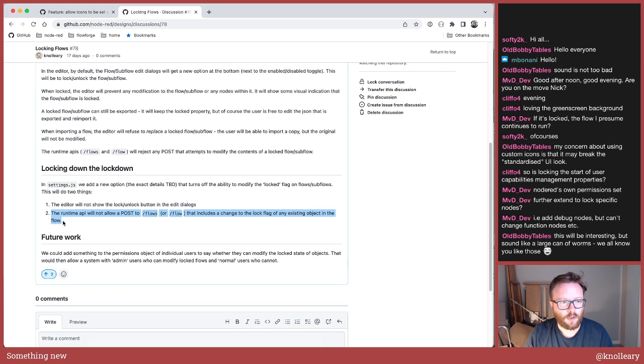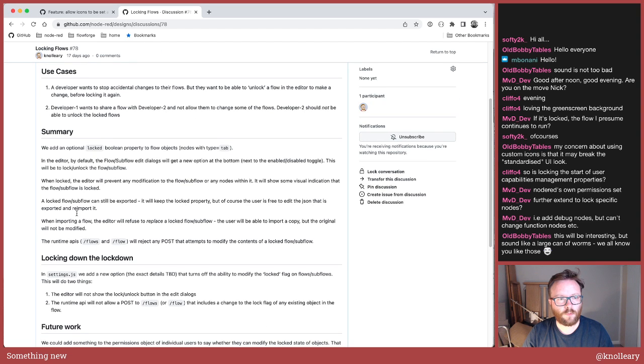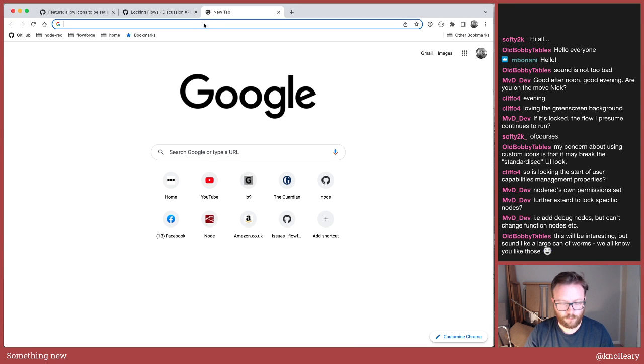locking down the lockdown. When we have this mode that restricts what users are able to do, that's the point where these APIs will need to take notice of who's making the change and does that user have permission to make that change. Okay, but let's not worry about that for the moment. We're just going to make a start with